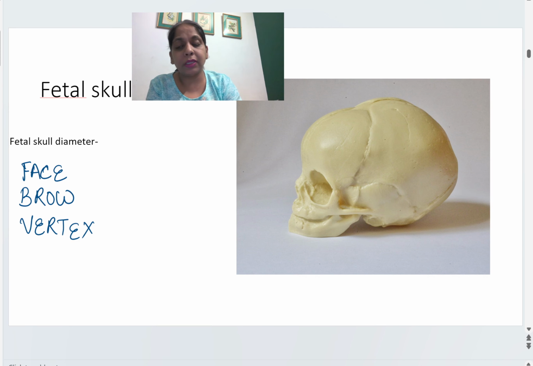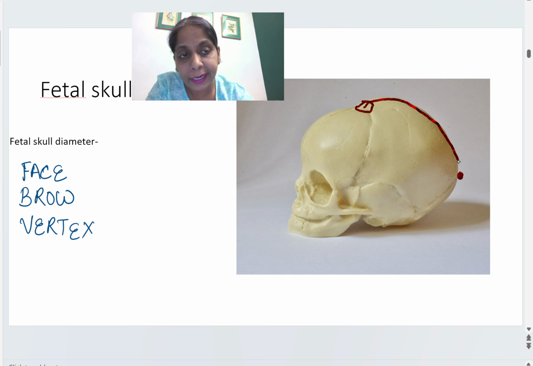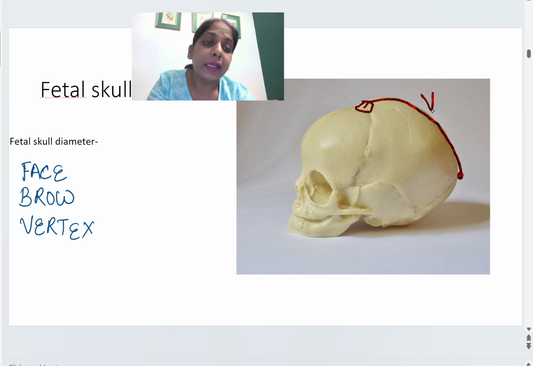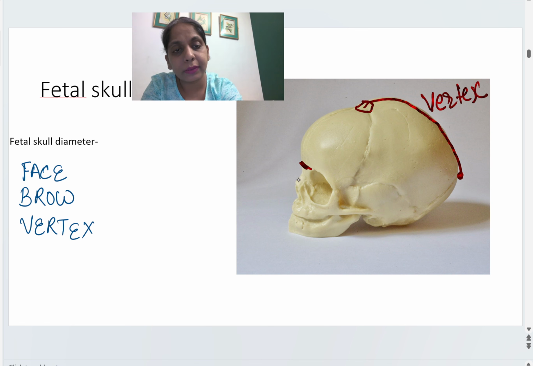Now once we know that this is the anterior fontanelle and here is the posterior fontanelle, the area between the anterior fontanelle and posterior fontanelle is known as the vertex. And the area between the orbits and the anterior fontanelle is known as the brow,